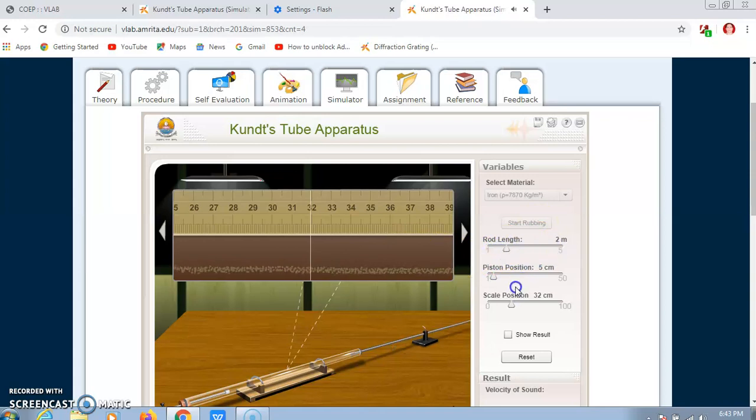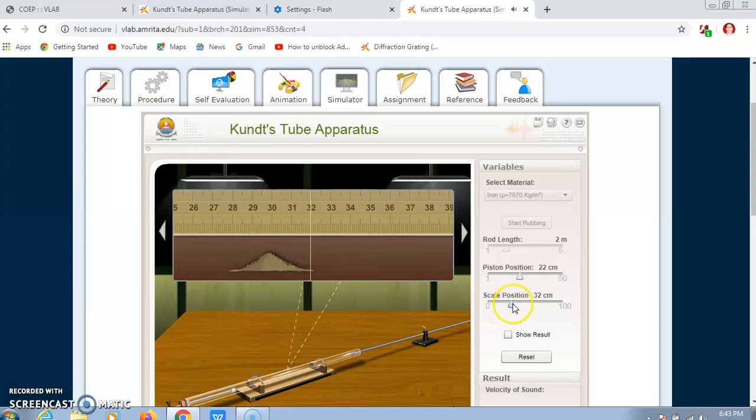Suppose 2 meter. Then the piston position we will change so as to get the nodes as we have seen in the animation. So the exact node we will get at this position, which corresponds to 22 centimeter.